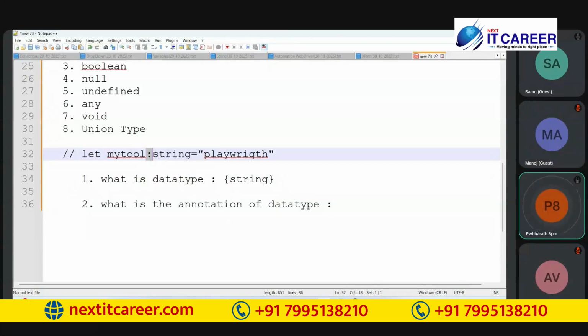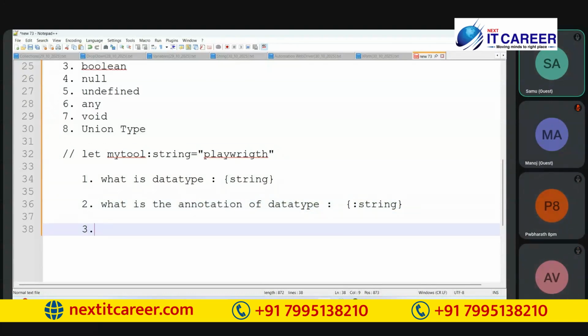Before the data type we put a colon, then we assign the data type to a variable in TypeScript. This colon and the data type is called an annotation. Is it clear? Okay. Yes, Bharat.